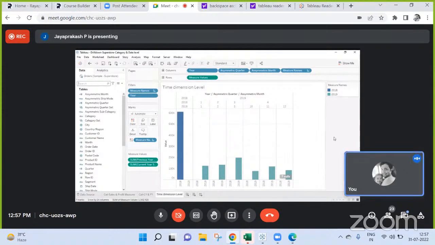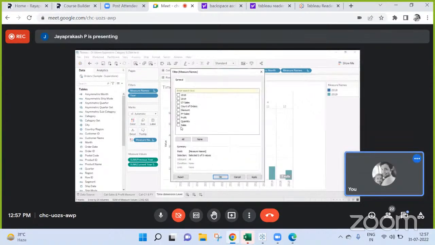No, you cannot select years there. Then you have to select whether it is year level, quarter level, month level. If you select one specific year, it will filter based on that year, and in 2019 you will not have 2018 sales, right? Hence it is showing only value for 2019. For 2018 there is no value in that. Because in the calculation that you have created, you said give me sales only for 2019. Now do one thing, remove previous year sales and current year sales from measure values. Just put sales.